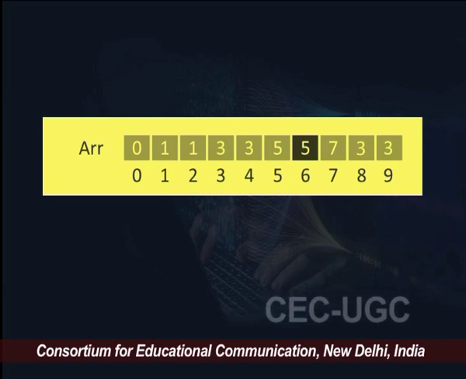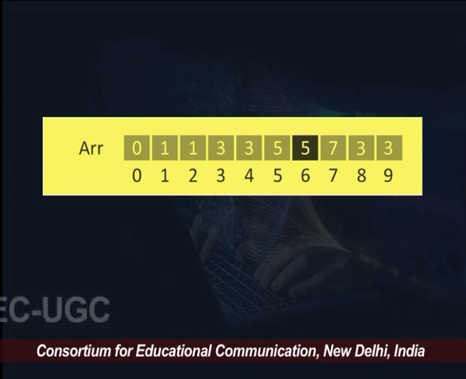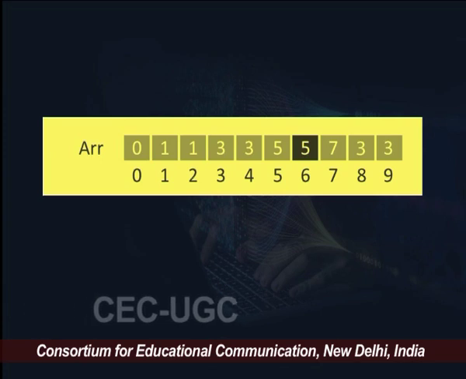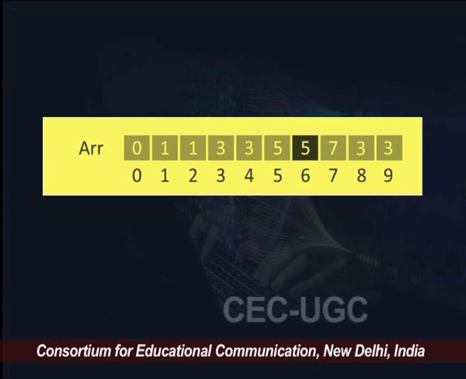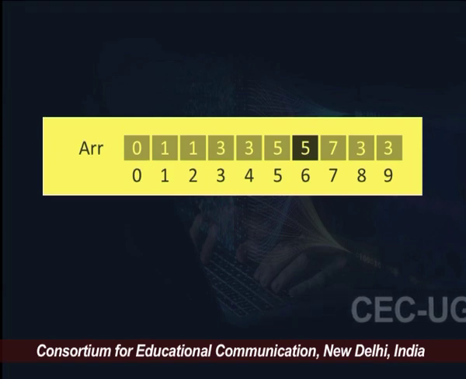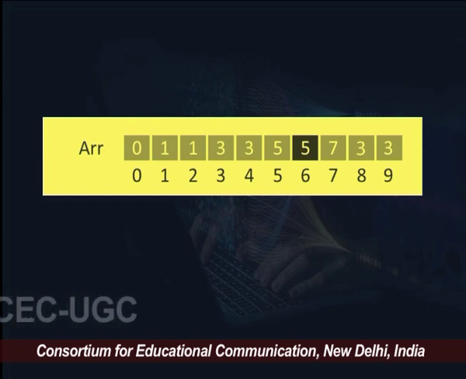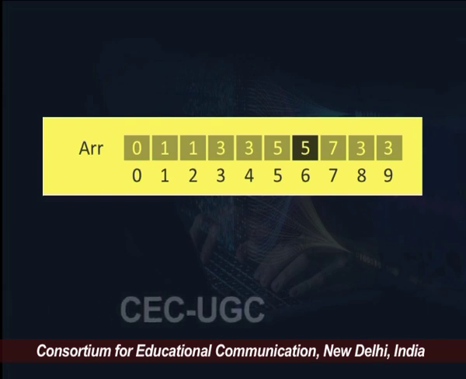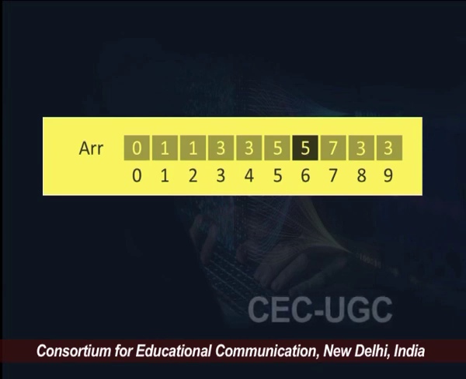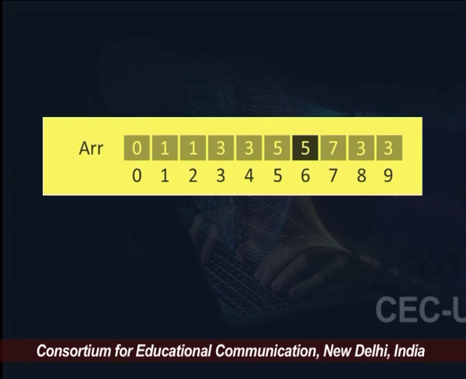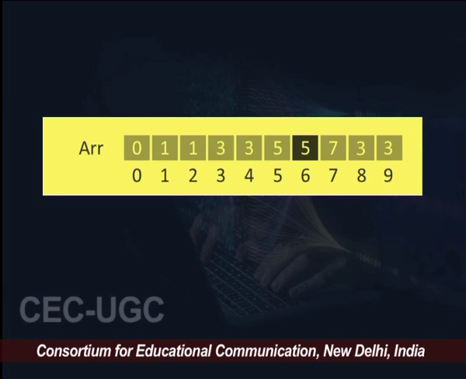So, basically this is asking whether 0 and 7 belong to the same component, yes or no. This is going to give us false because 0 belongs to the set whose representative is 0 and 7 belongs to the set whose representative is 7. So, ultimately we can say that both of the elements belong to different components, and hence false is